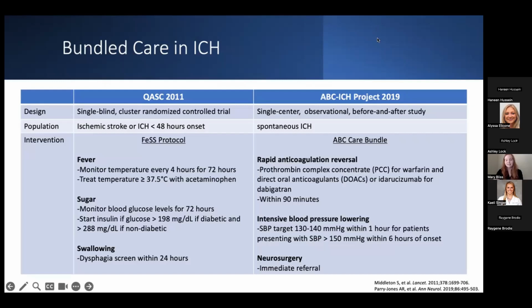The ABC ICH project in 2019 was just an observational before and after study, so this wasn't an actual randomized controlled trial, but a strength was that they only looked at spontaneous ICH patients. They applied the ABC care bundle, which included rapid anticoagulation reversal with PCC for warfarin or DOACs within 90 minutes, as well as intensive blood pressure lowering. Again, we see that target of 130 to 140 within 1 hour, similar to what the guidelines recommend. Of note, these were two key interventions that were studied in INTERACT3, as well as